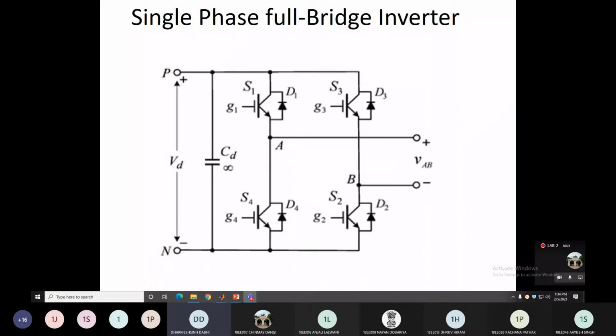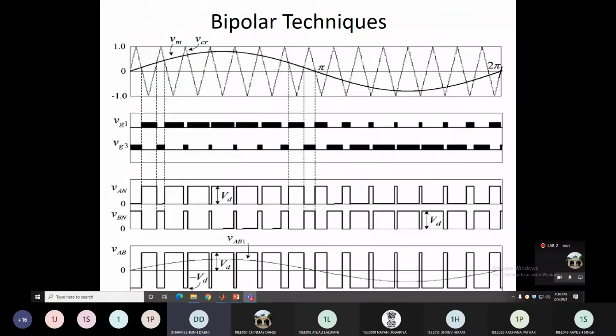Yes or no? And the magnitude of the pulse is what? Same as the supply voltage. Clear? So you get this VAN here. You can see that between 0 to this interval, your gate pulse is 0. So S1 and S2 are off, so you get 0 voltage. But when both are on, when you apply this gate pulse VG1 to S1 and S2, during this period, you get the positive voltage VAN.